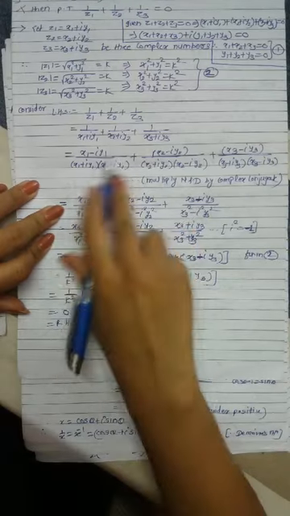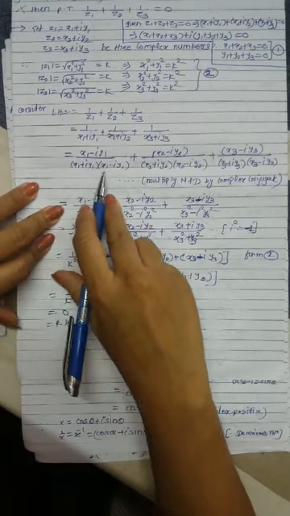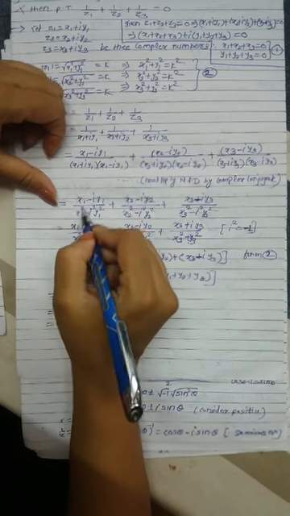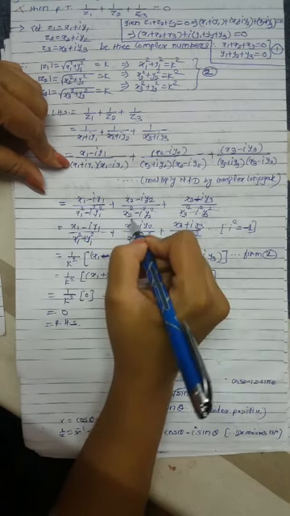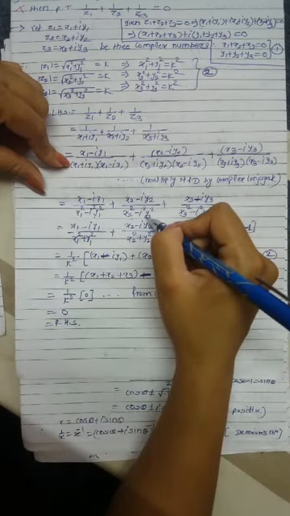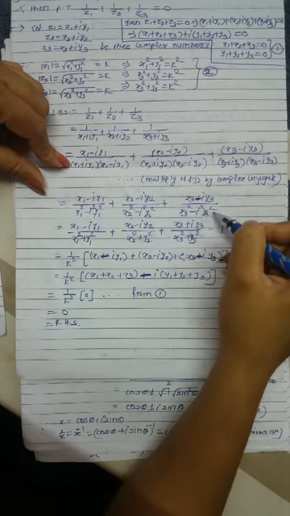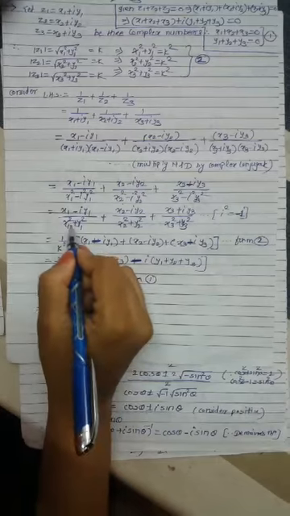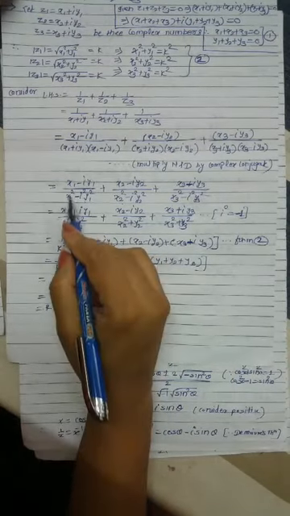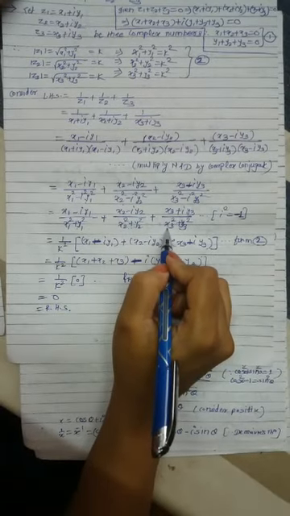Now the numerator is the same. In the denominator, (a plus ib) into (a minus ib) is a square minus b square. This is the formula. Therefore, by that formula we get x1 square minus i square y1 square, here x2 square minus i square y2 square, here x3 square minus i square y3 square. Again, we know i square is minus 1, so putting this value in this equation, we get x1 square plus y1 square, x2 square plus y2 square, x3 square plus y3 square in the denominators, with the numerators the same.